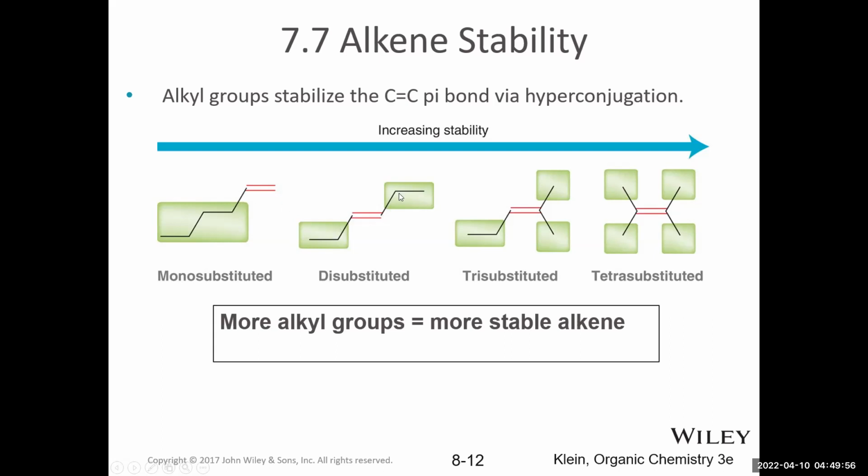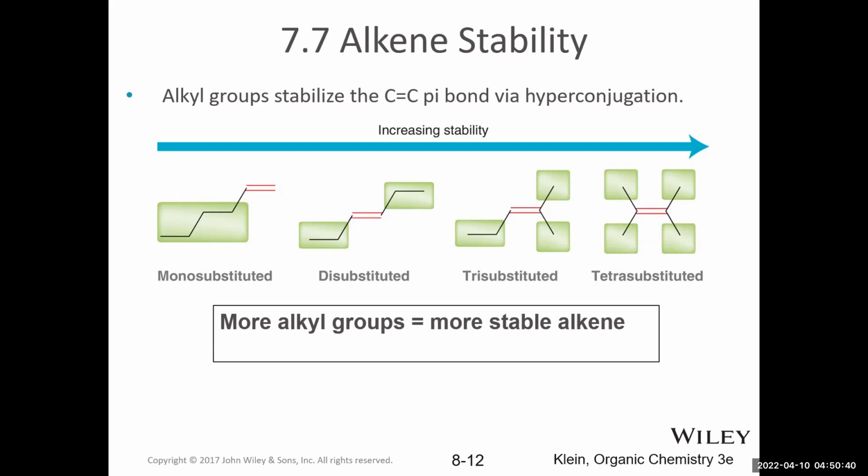mono-substituted. Here's an example of disubstituted, but this doesn't have to be in the trans configuration. The disubstituted alkene could be in a cis configuration, or these two groups could be attached to the same carbon. So as long as between these two carbons there are only 2 non-hydrogen based groups, we say it's disubstituted. But again, there's multiple possibilities there. This would be an example of a trisubstituted and a tetrasubstituted alkene. And what we're seeing again is more alkyl groups leads to more alkene stability. So remember, lower energy or more stable.